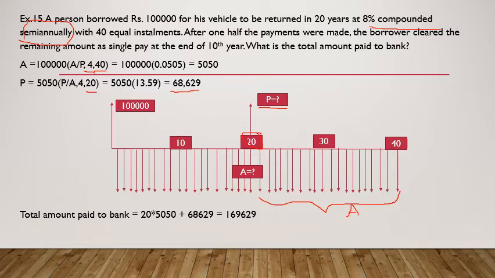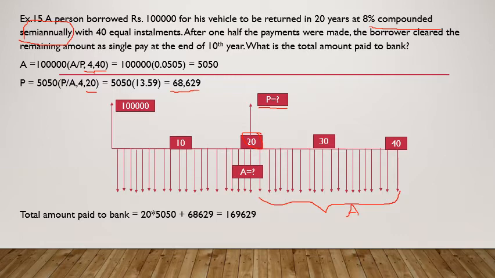Please remember that. There is a misconception by many people that it's only 5050 per month. Okay, fine, let me continue to pay the installment. Why should I unnecessarily pay it to the bank? One thing we need to remember, we are paying interest to the bank. Suppose there is an alternate investment which gives you more than 4% return, then we can invest there and earn extra money instead of paying in one single shot.